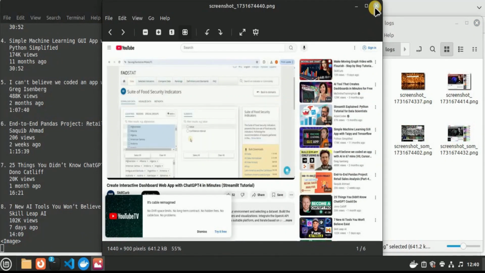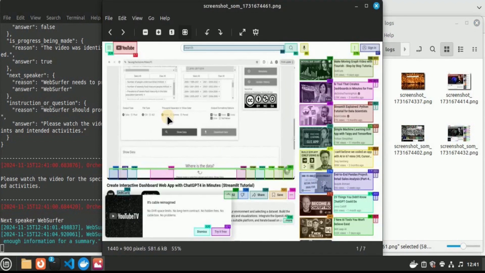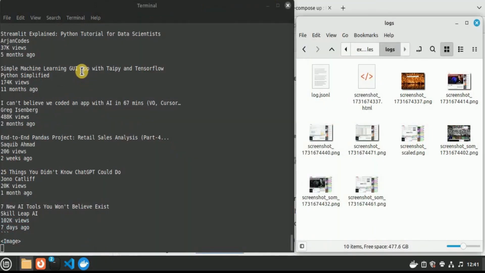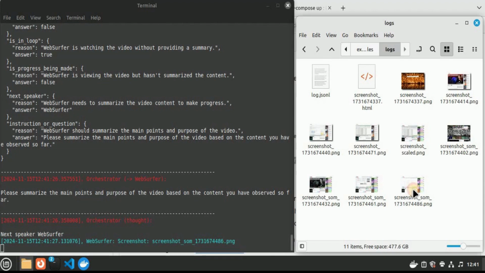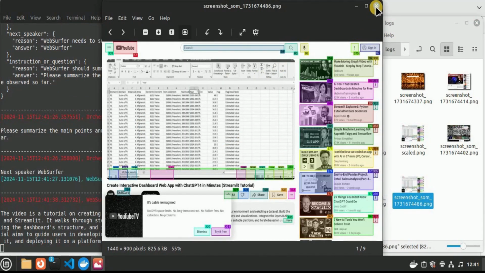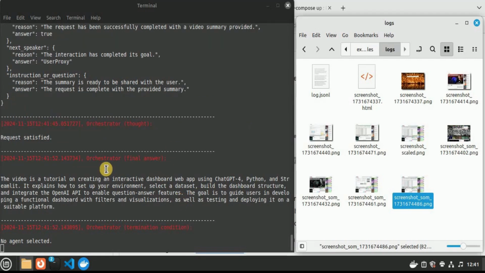So it is looking at the video. And we have other screenshots. Let's take a look at it. It is viewing the video and I can't really see the duration for which it has watched the video. It is fetching all the information which is present on the page. We have a new screenshot, so let's view it. Okay, so it is viewing the different parts of our video. It has started fetching information about the video. And we have the final answer.